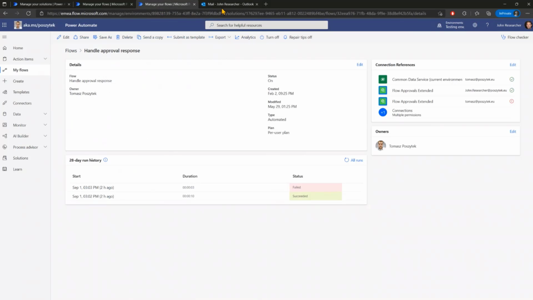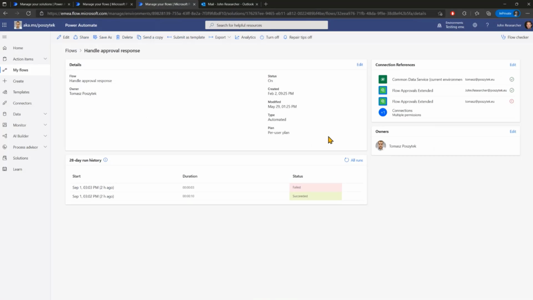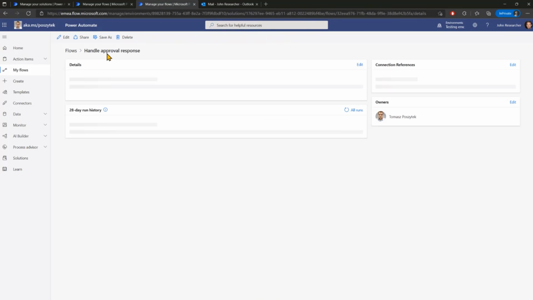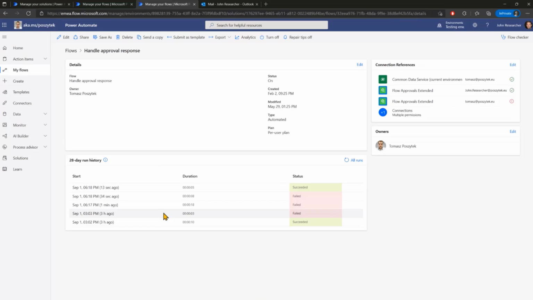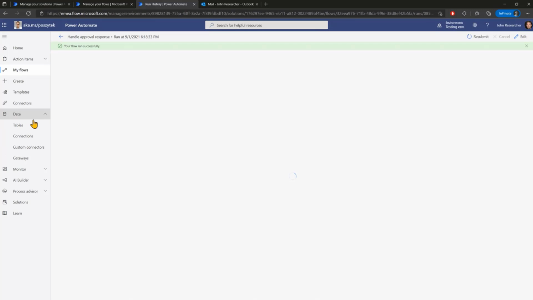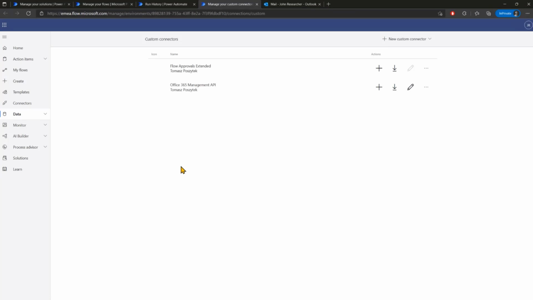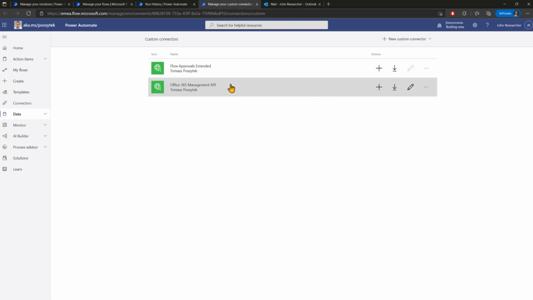Basically, every time John was pressing the button to reassign, this card was calling that flow that is handling the approval response. And this flow actually contains actions from that custom connector. So let me just show you this custom connector here. It is hosted on Daniel Laskewitz's GitHub if you'd like to experiment with it yourself.